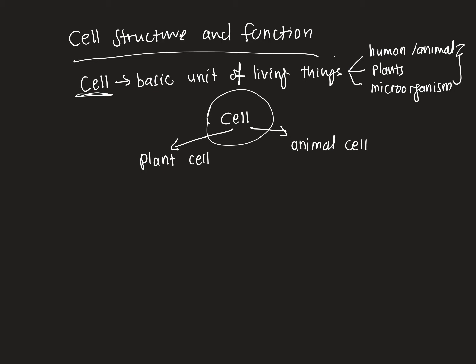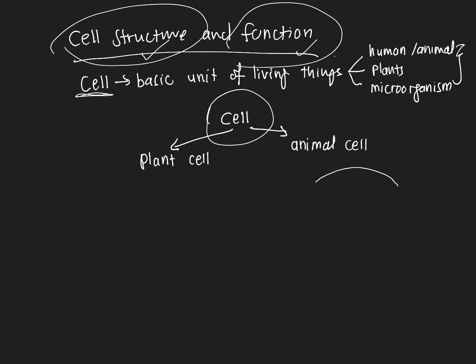Okay, so first, you have to draw. Okay, hari ni kita punya topik adalah cell structure and function. So, awak kena dapatkan structure dengan function. Okay, we draw the animal cell. So, the animal cell consists, the outermost layer consists of cell membrane. Okay, cell membrane. Kena eja balik sini. Membrane. Okay, cell membrane. Okay, and the function of cell membrane is to control